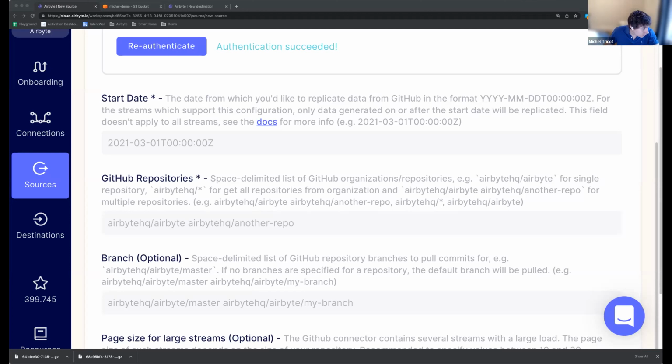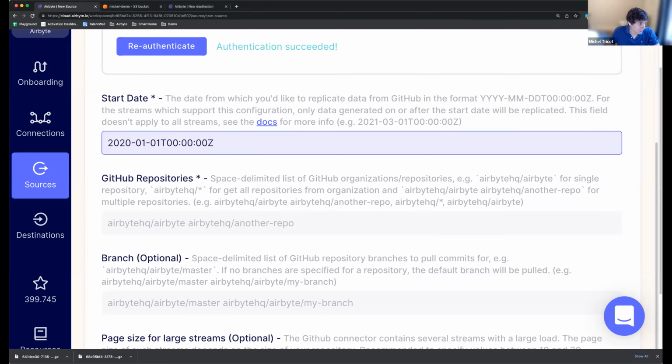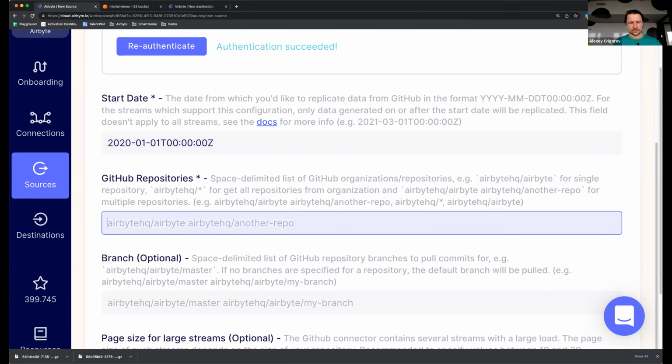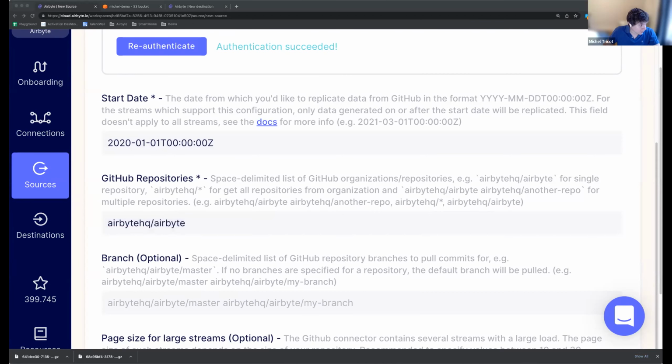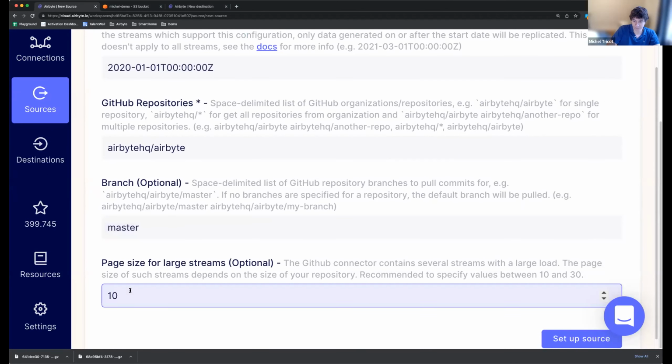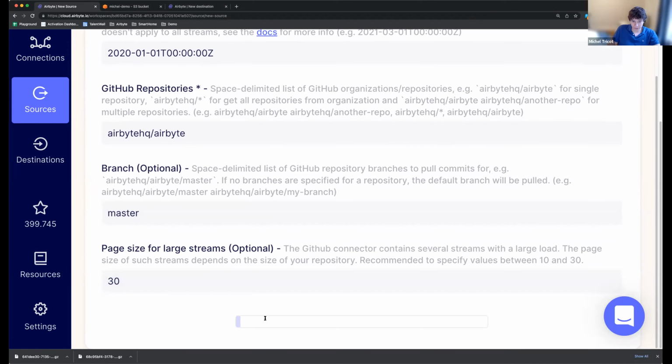So let's get that configured. And let's only look at what we have on master. And here we can set up the source. What happened behind the scenes is we're just testing, making sure that the configuration makes sense.